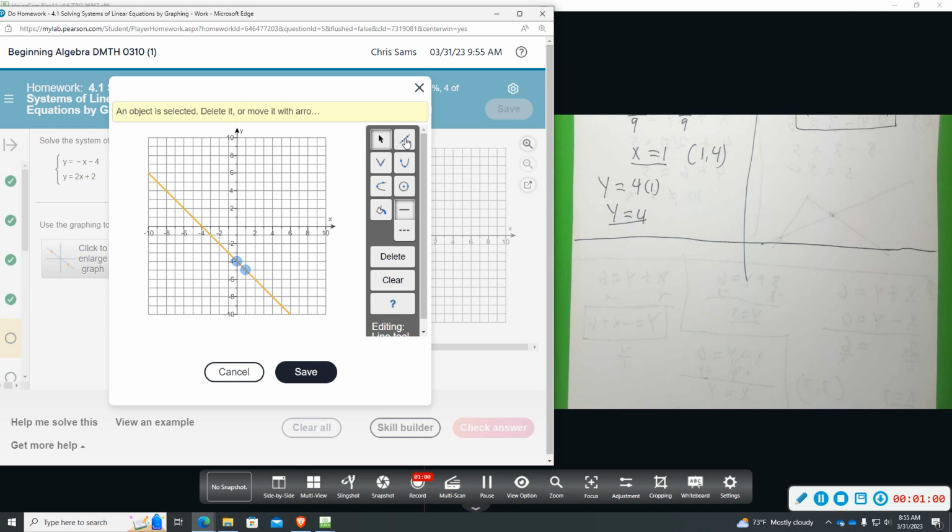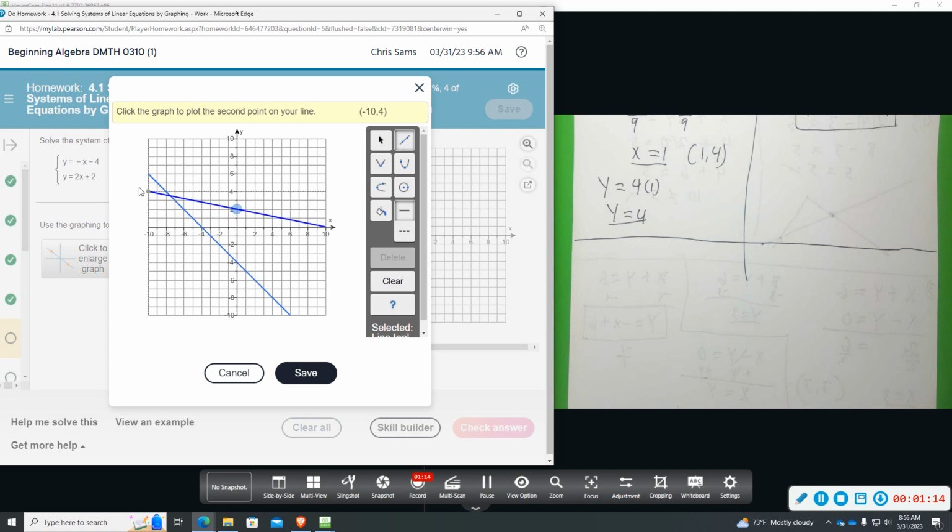And I'm going to click the line tool again. My second equation, sorry, is y equals 2x plus 2. I'm going to start at +2. So go to the origin, go up 2. And then the slope is 2 over 1, +2. So I'm going to start here. I'm going to go up 2 and then right 1